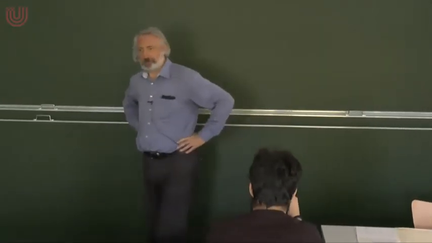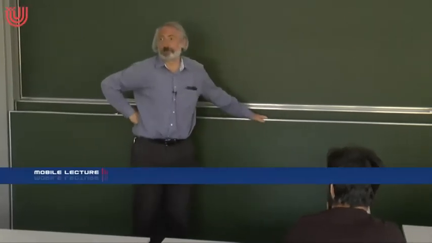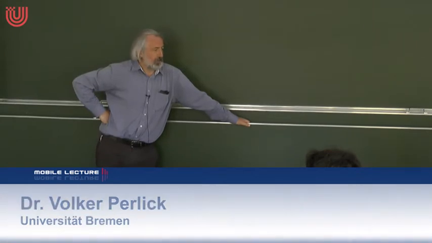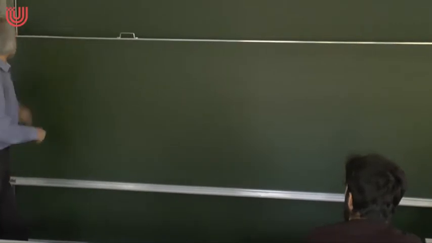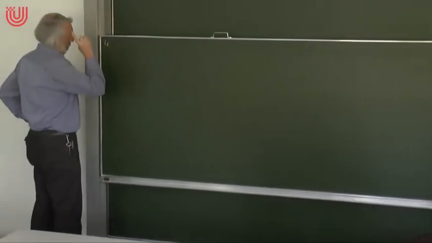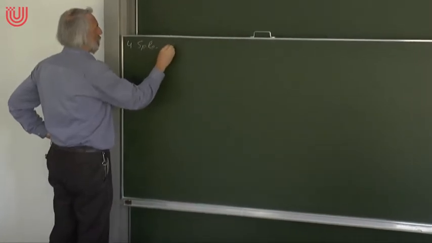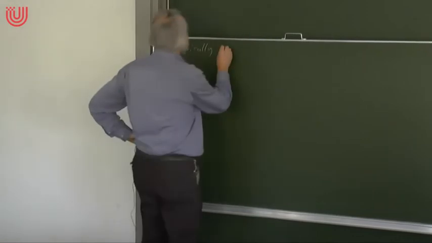Okay, welcome back everyone. We have now finished this overlong chapter on the Schwarzschild black holes, and we will begin now with a new chapter which will be not quite as long. This will be about spherically symmetric gravitational collapse. So we will really be concerned with the dynamical process of an object collapsing.